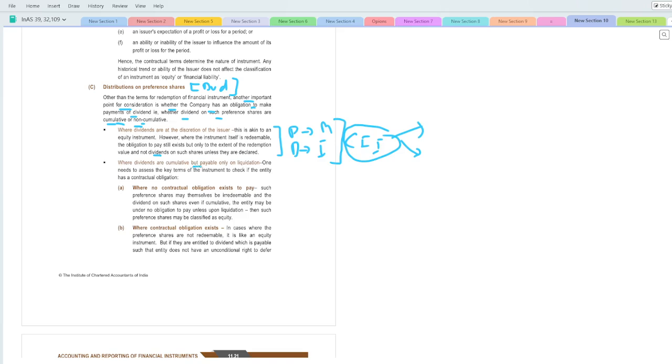When the dividends are cumulative but payable only on the liquidation, one needs to assess the key terms of the instrument to check if the entity has a contractual obligation. Where no contractual obligation exists to pay, such preference shares may themselves be irredeemable, and the dividend on such shares, even if cumulative, the entity may be under no obligation to pay unless upon the liquidation, then